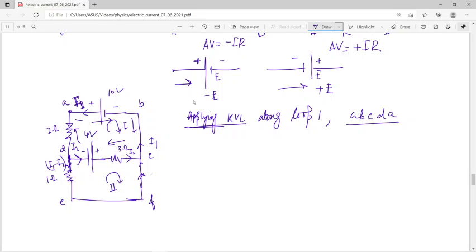And when a source of EMF is traveled from positive to negative terminal, the potential difference across the source is taken as a negative. So in that particular case, since we are moving like that, we can say that is minus 10 volt. We are moving there, you just see the current direction across. We are reaching the resistance R3, and the current direction is I2, and we are moving in the opposite side,